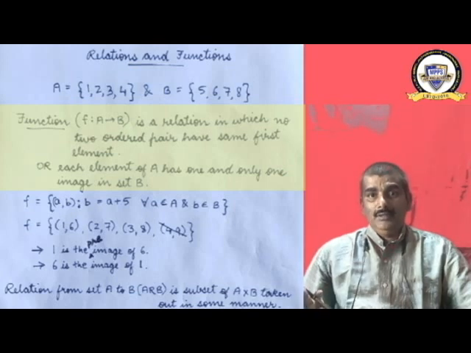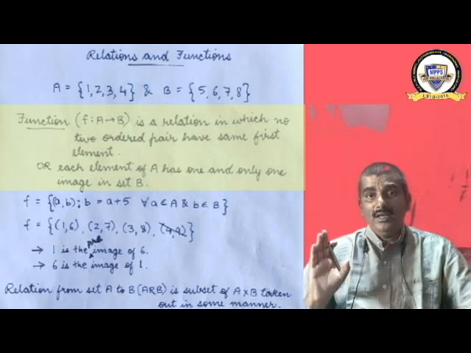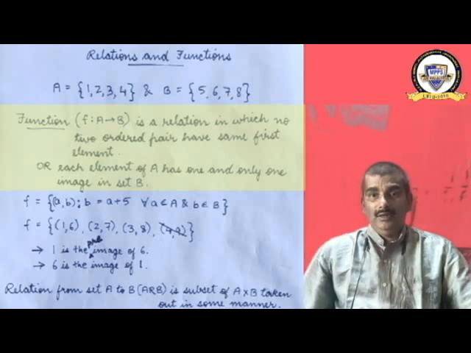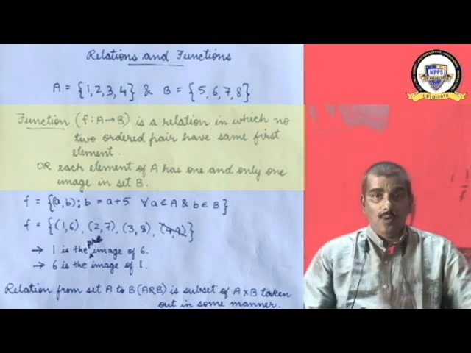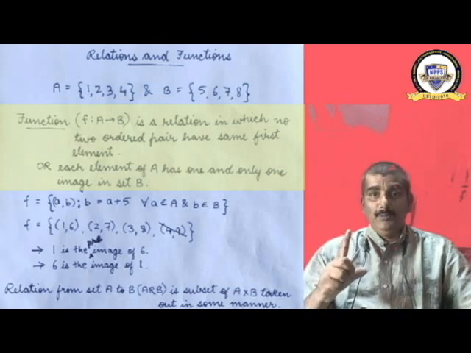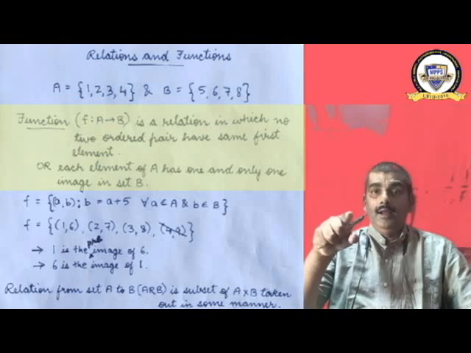Clear? If he wants to go to Delhi, he has to catch the bus for Delhi only. He cannot catch the bus of Trivandrum. Both are in opposite directions. In the same way, there should be only one image for a